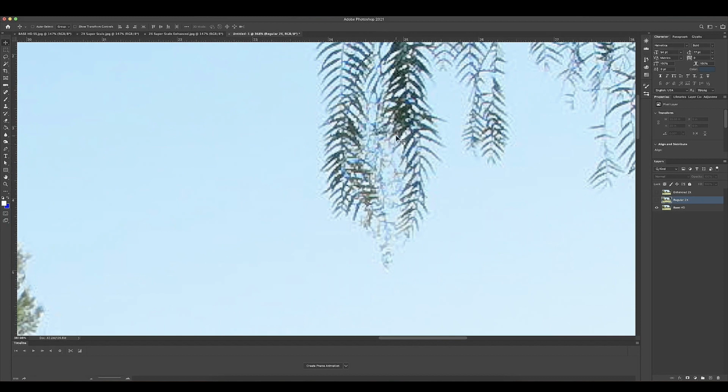See this little bit of color fringing around here. So we'll do the regular Superscale 2x, and as you can see, it cleaned up all that macro blocking and it gave us a little bit of clarity. Now we'll look at the enhanced 2x, and again, we get a little more clarity, no macro blocking, and we